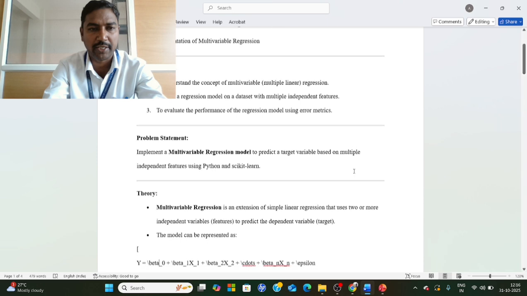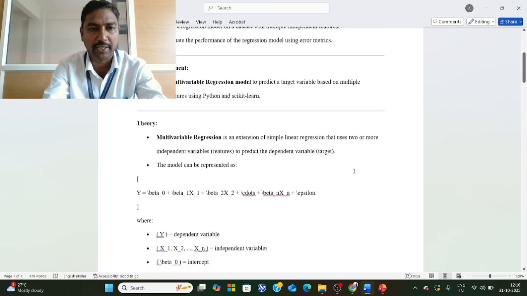The theory: multivariable regression is an extension of simple linear regression that uses two or more independent variables, the features, to predict the dependent variable, that is the target. In machine learning, always remember that the independent variable is called the features and the dependent variable is the target, the output. A model can be represented as a